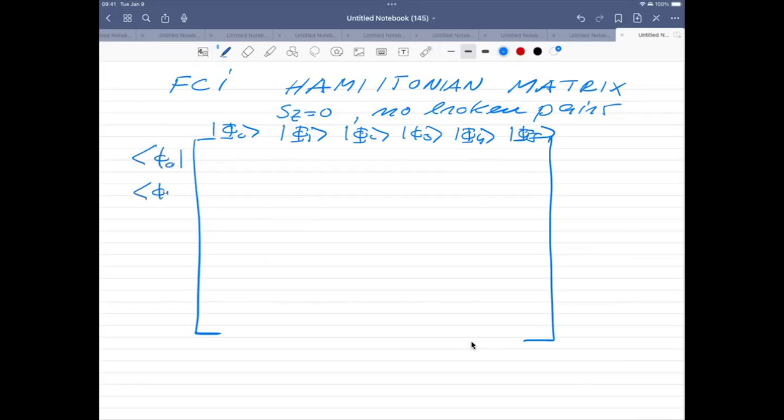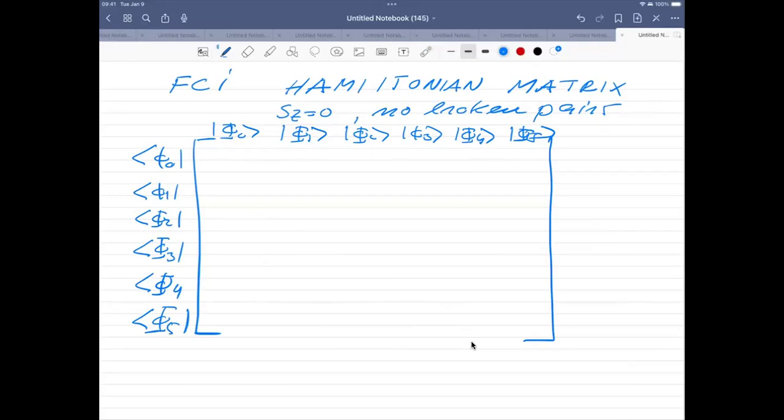And then I have a phi 1, I have a phi 2 here, I have a phi 3, a phi 4, and finally a phi 5. So the first thing you would have to do after you've tested these basic properties of the Hamiltonian, that it commutes with the spin operator, with the spin projection, and also the pairing operator, is to set up the Hamiltonian